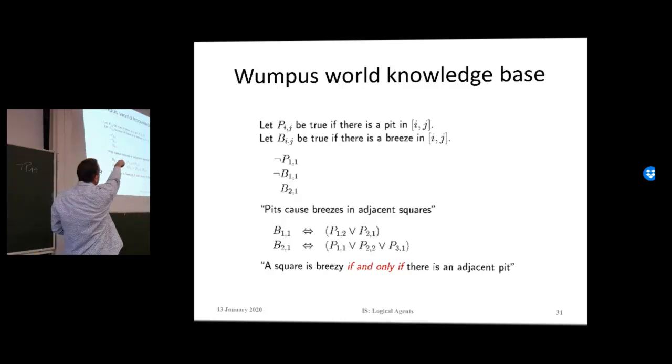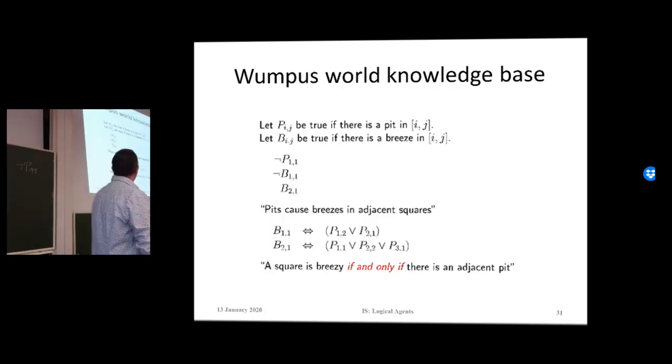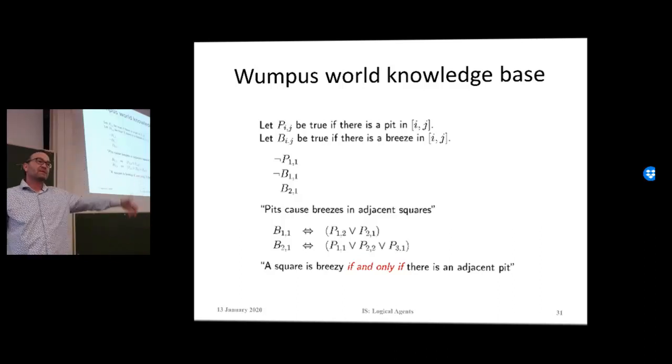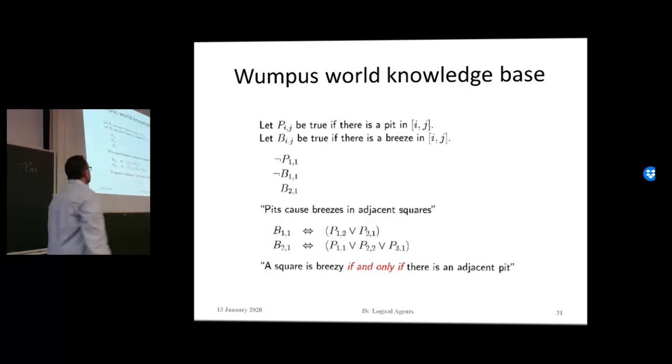And then basically these would be the observations that we have after being in 1-1, and that is that there is no pit in 1-1, there is no breeze in 1-1, but once I move to 2-1, to the right-hand side, then I realize that there is a breeze in 2-1. So that is a way of representing our observations after the different steps of the game in this propositional language. And here we have the rules, which basically say pits cause breezes in adjacent squares, and we can model that in this language easily by saying,